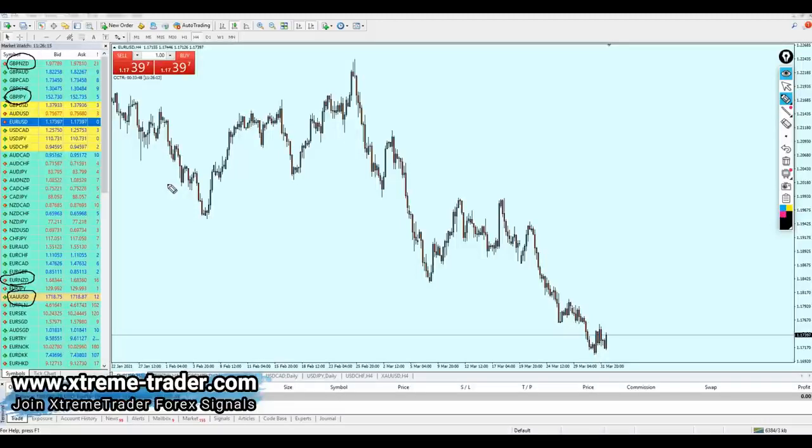They are my favorite, and every time I'm opening my MetaTrader, I'm always looking at these four pairs first. If I cannot find anything good, then I'm going to look at the other pairs. These four pairs are always my top priority to find the best setup.